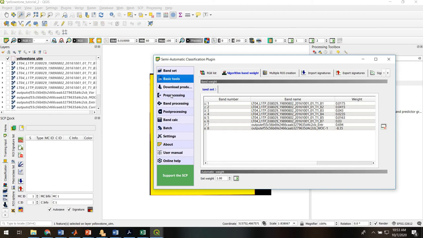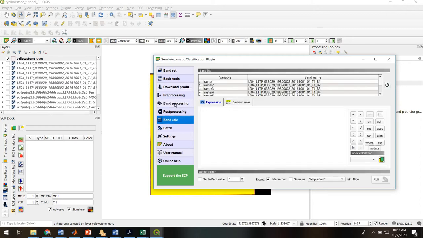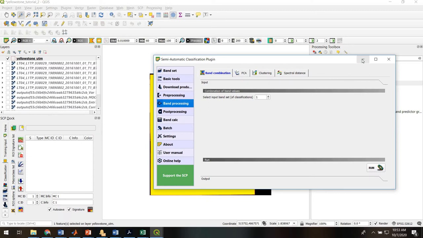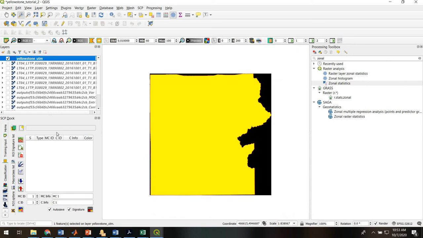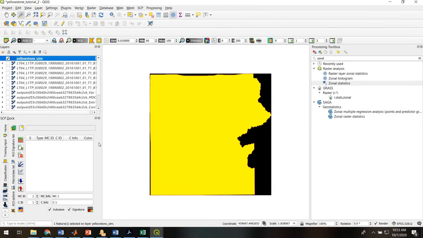For example, you can go to, I believe, band processing and have access to some of these same tools, or band calc. But we're going to switch over to the SCP doc, which is over here. If the doc hasn't opened for you, you can always right-click and add it in these various toolbars. So what we're going to do now is actually begin to define our